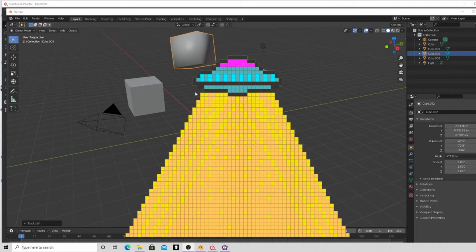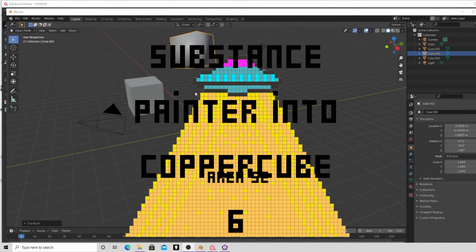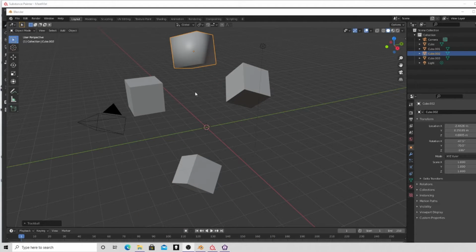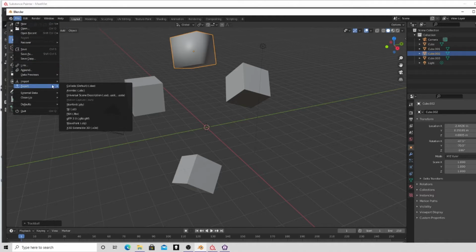Okay, so what we're going to do is export this object into Substance Painter, then export that out, and then put it into Coppercube. We're going to do some texturing in Substance Painter. I just created this random object, and we're going to export this as an